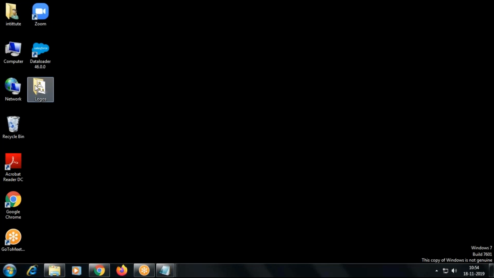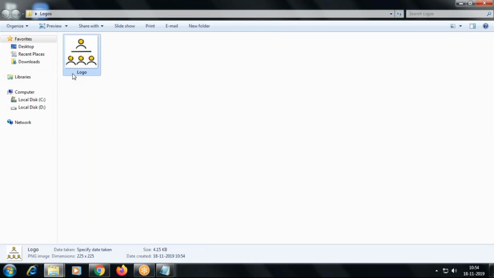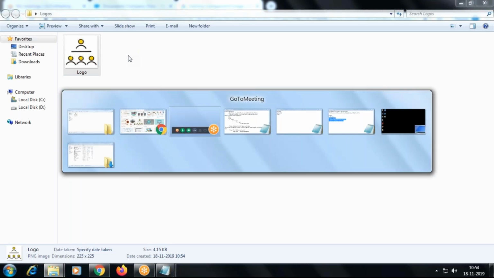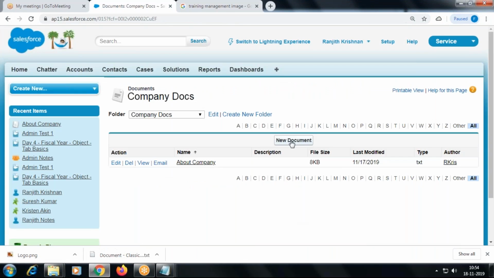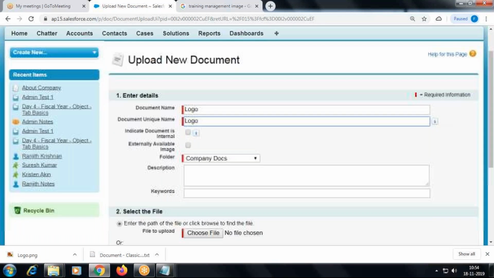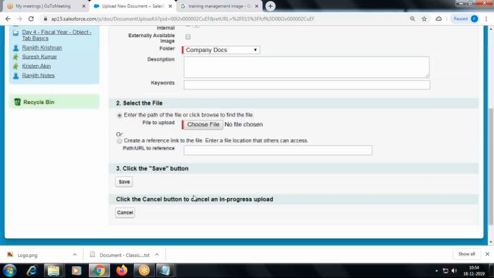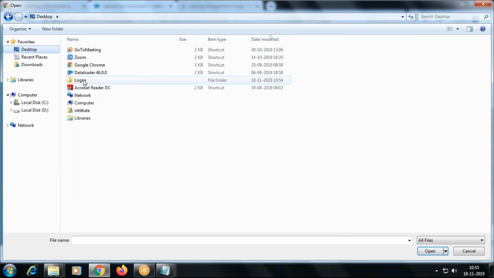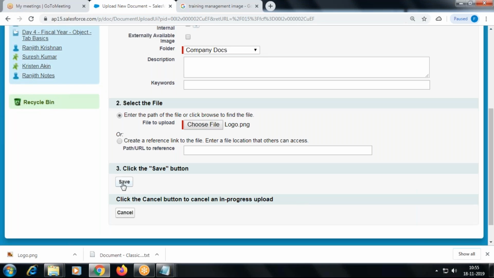Okay, add some image here. Right. So now I'm going to create one more document, which is my logo. And what is mandatory here? If I'm not enabling it here, okay, I'm not enabling it here. And save.